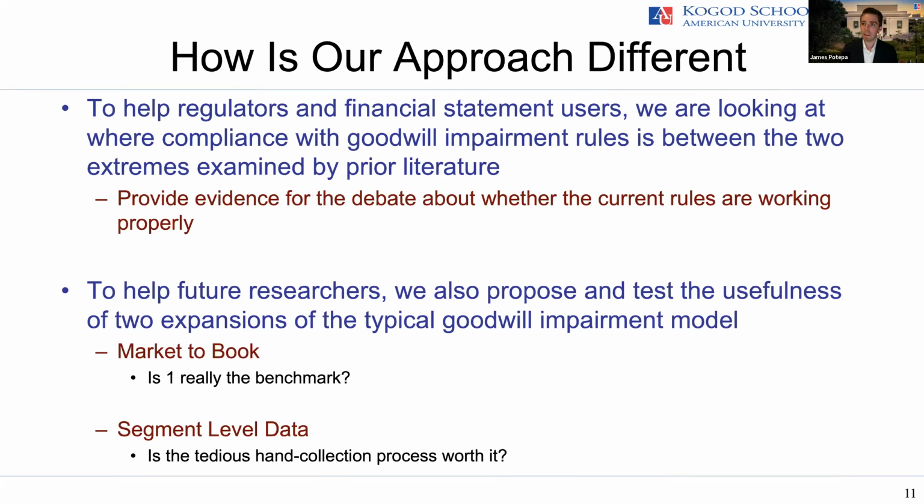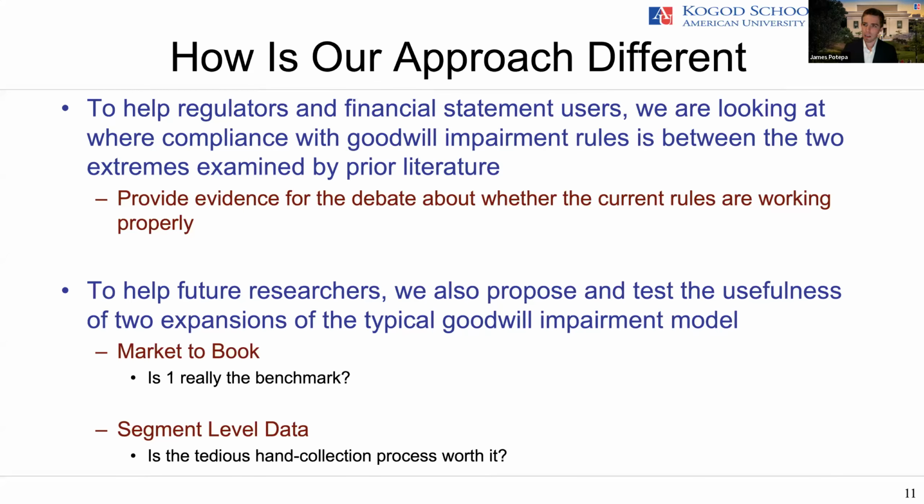There's a lot of reasons for doing this. Theoretically, it's the cleanest setting because here the market is telling the company that something is overvalued. And given the size of goodwill on most firms' books, it's a good indication that goodwill is what's quite overvalued. But the reality is that there are temporary aberrations of stock price, and there are issues with managerial private information. So maybe we should consider market to books that are a little bit over one. There might be some predictive power there that we should take into account.